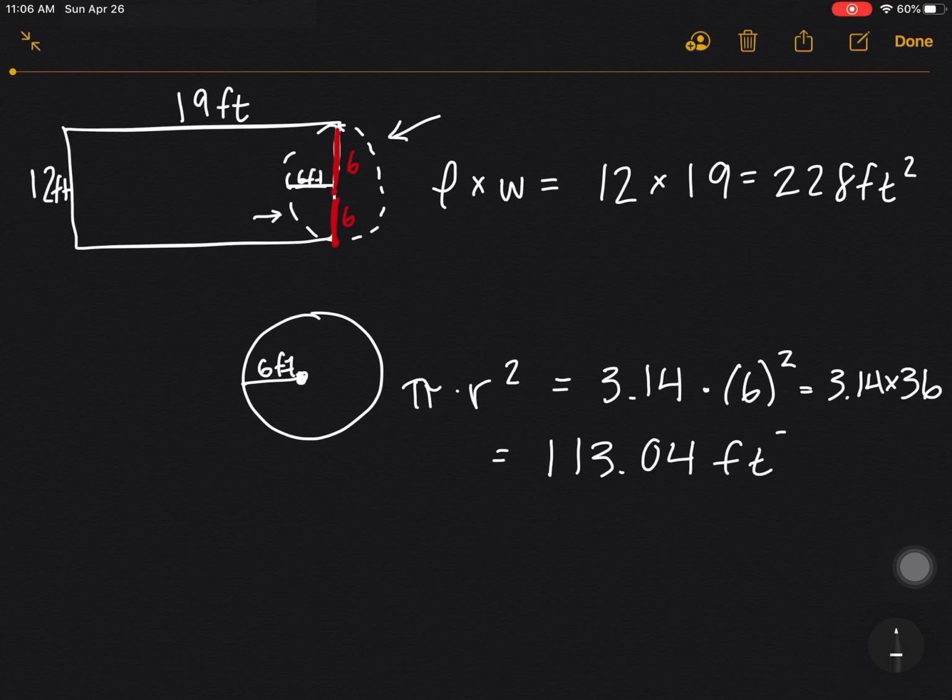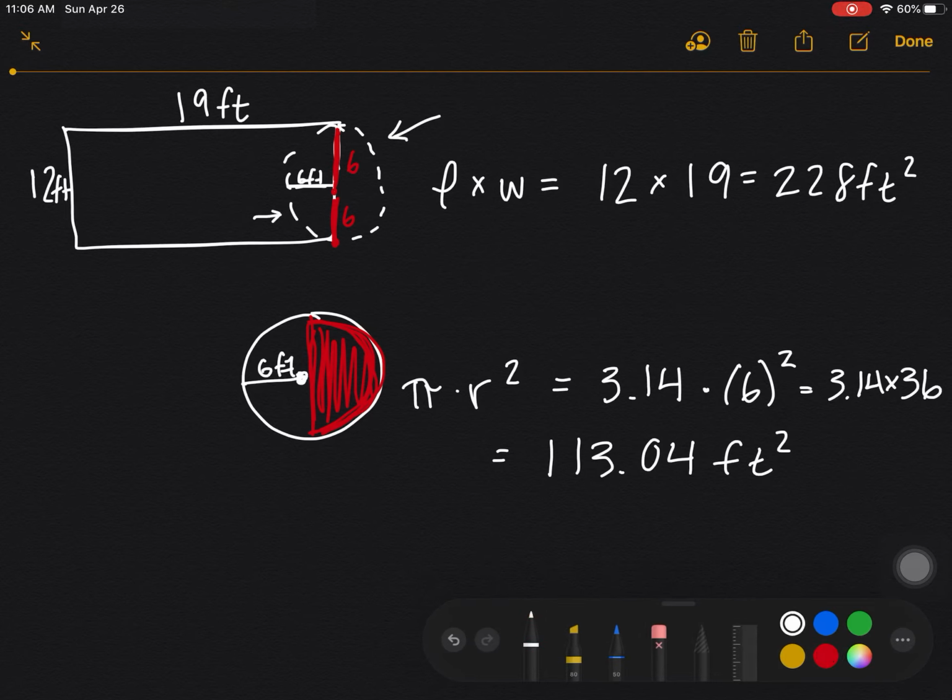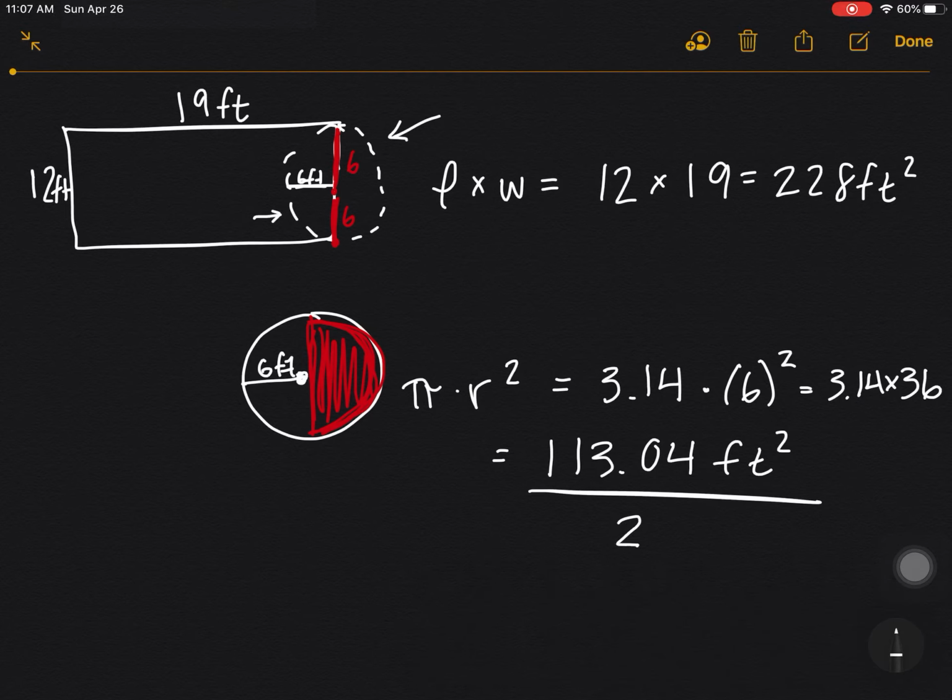113.04 feet squared. Now, remember that we just found the area of that entire circle, but we are only concerned about this top half of the circle. So all that we need to do here is take the area that we just found and divide it by 2. Again, we're only interested in half of the area because we already counted this bottom half of the circle when we calculated the area of the rectangle. So we're going to divide that circle in half, and we're going to end up with